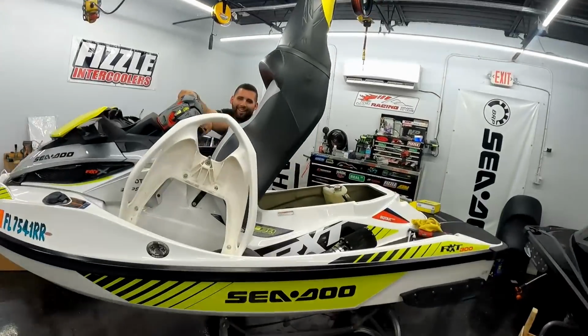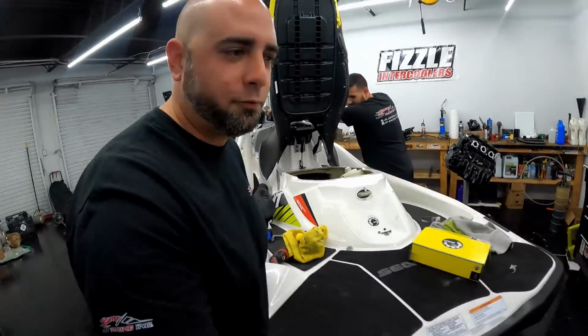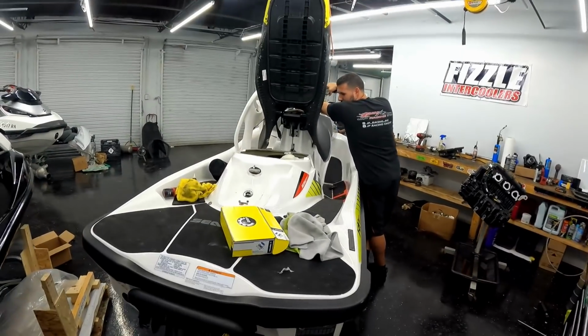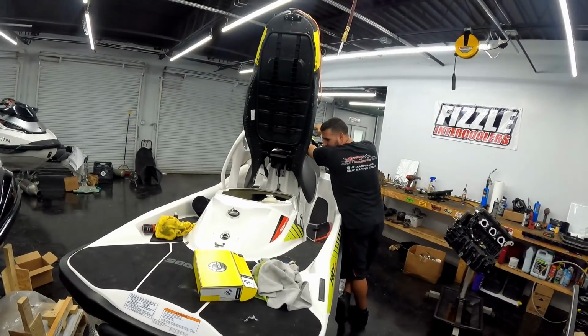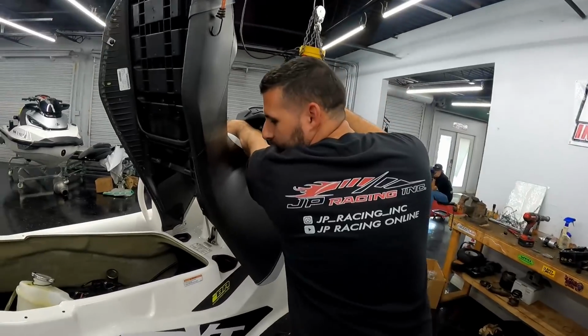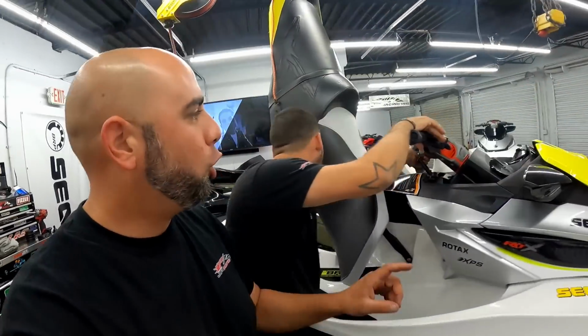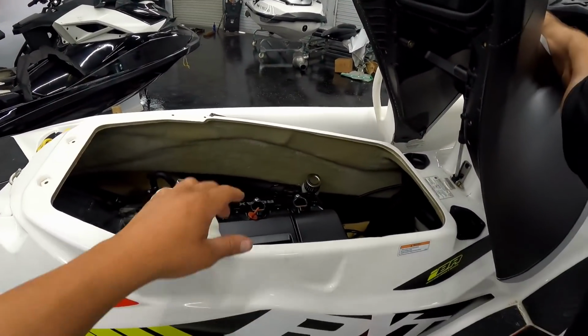Oye, Pipo, ¿ya terminaste? I think so. Okay. So first start time. ¿Qué le pasa? I'm doing the dry start thing. I know, I'm just kidding. So if you guys don't know, you could hold the throttle all the way down and hit the start button and it puts it into drown mode. That'll allow the motor to turn over and let all the oil get through the motor before you actually start it. So we've done that a few times, and